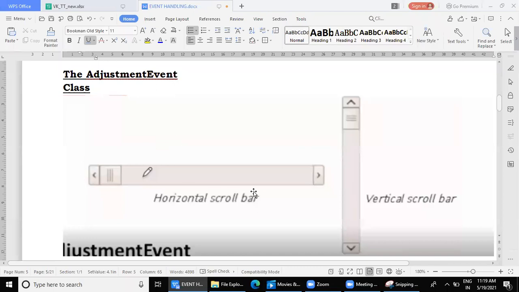Fine. For example, this is a scroll bar. What are the two properties? There was a property called minimum and maximum. What does that indicate? A scroll bar is always associated with a range of values. It's not associated with a single value. If you take the example of a text box, it is associated with a string value. If you take the example of a checkbox, I hope everyone knows what a checkbox is now. A square in which we can check and uncheck. We can put a tick mark and we can untick that.